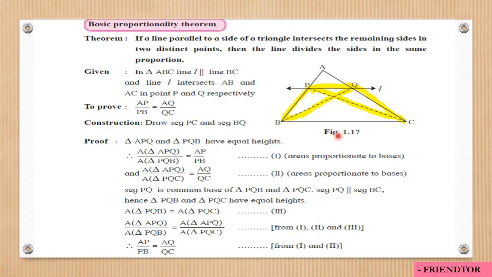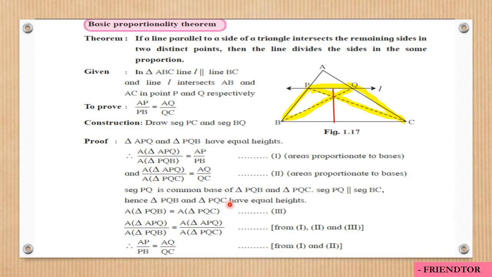So let's first draw that perpendicular. Yes, so this is the height of both the triangles and the base is common, PQ. If the base is the same and the corresponding height is also the same, then the areas have to be equal. Area of triangle PQB is equal to area of triangle PQC. Okay, this is also one of the properties that we covered during the first or second video of this chapter regarding ratios of areas of triangles, right?